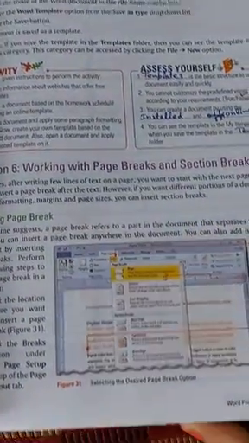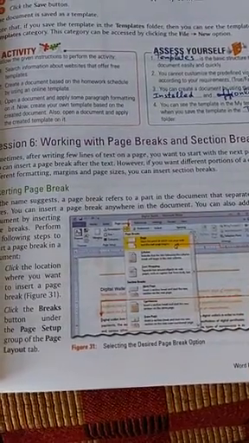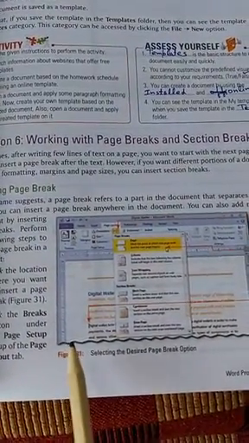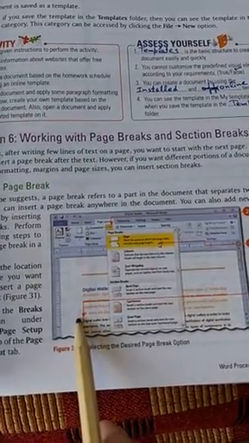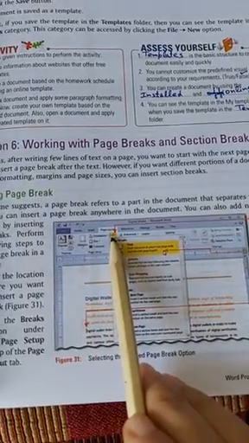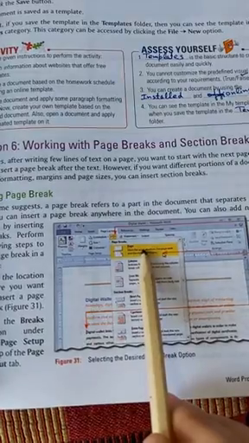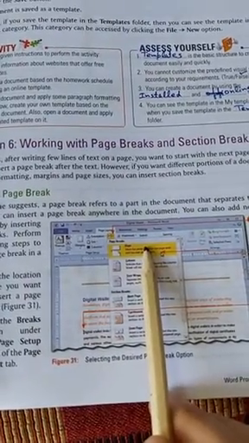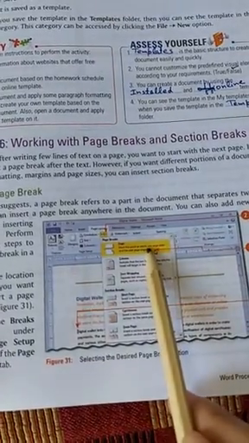For this, select the text from where you want to insert a page break. Suppose in this document I want a page break from the second paragraph. Then I click here, then go to the page layout and page break option. In the page break option, click on the first option, that is page, because I want to print this part on the next page. Click on this option,